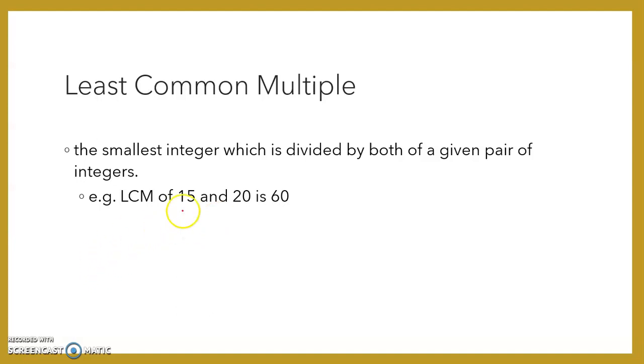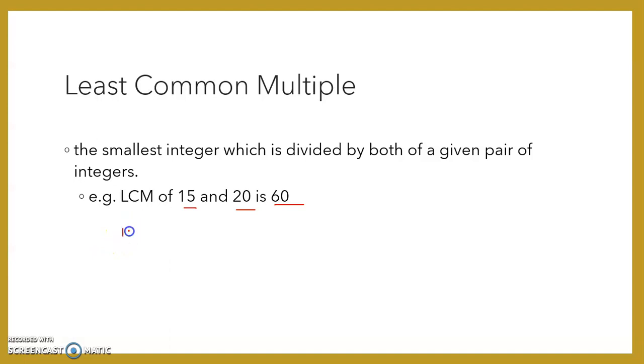Now just take an example, LCM of 15 and 20. So you need to find out the least common multiple of 15 and 20. Okay, least means what? The smallest common multiple, right? Now there are many common multiples of 15 and 20, but what we want is the smallest one, correct? So the smallest one is 60 here, right? So how to find out this LCM?